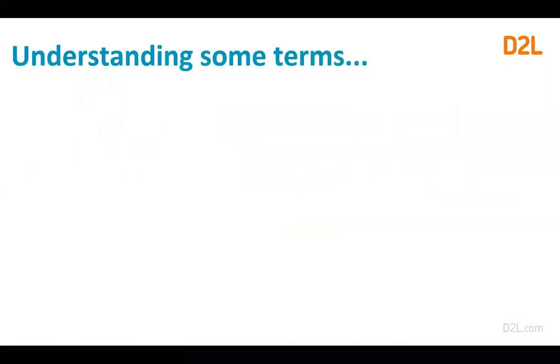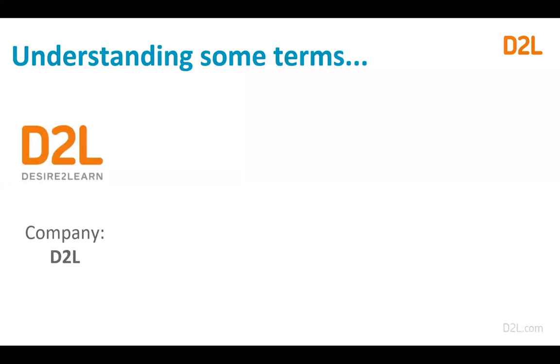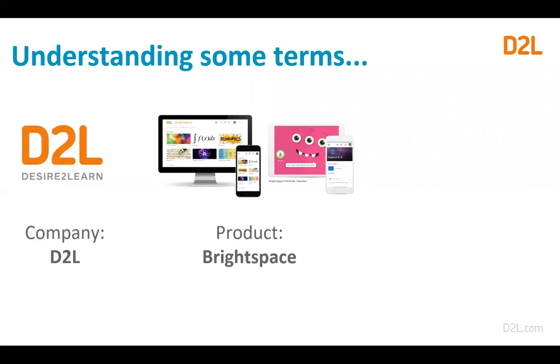Okay, so I want to start off by making sure we're all on the same page with a couple of names that you may have heard floating around. So firstly, D2L is the company that makes our product Brightspace. And I like to use the analogy of Apple. Apple is the company. One of the products that they make is the iPhone. So sometimes these terms get used interchangeably, but D2L is the company and Brightspace is our product, which is a